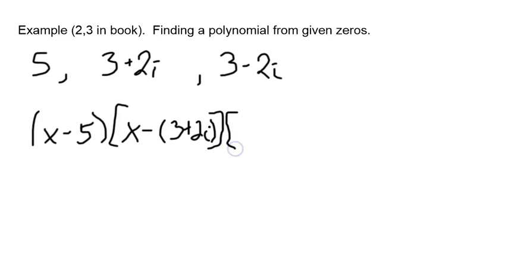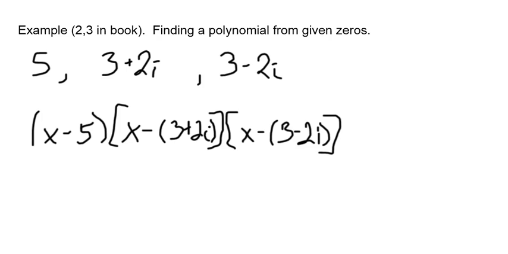That's going to be the same as x minus (3 minus 2i). I just use brackets because we should use parentheses around our conjugate pair zeros, just to keep everything